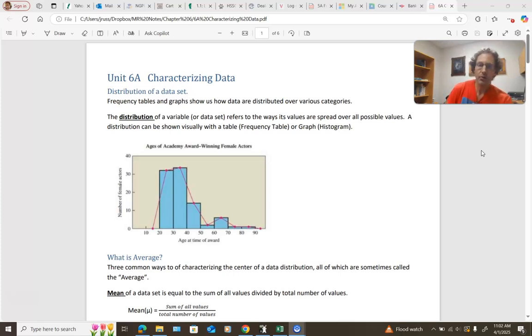We've looked previously at how to make a frequency table and also a histogram. Okay, so that's one way we can organize that data and begin to let that data tell us a story about what's happening. Okay, and so in section 6a here we're going to focus